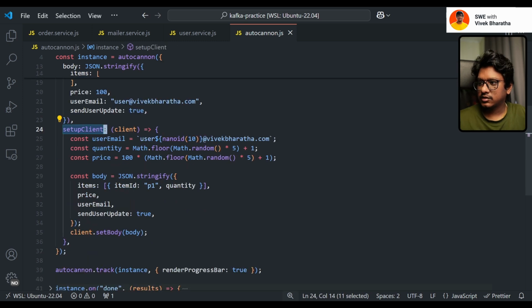And in the setup client function handler, so in the setup client hook, you can basically override the client body or any other headers as well. So we're just overwriting the body over here by randomizing some data: price, quantity, and also user email. I'm just using the same nano id over here to generate